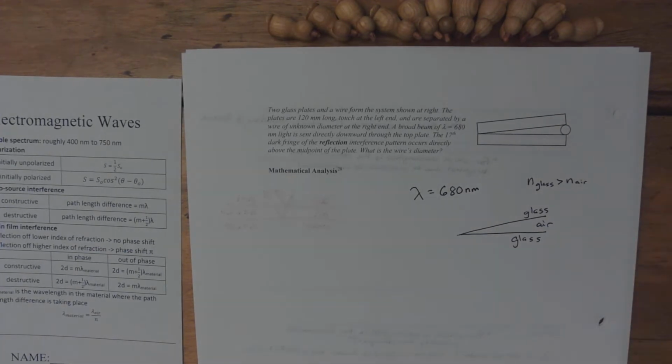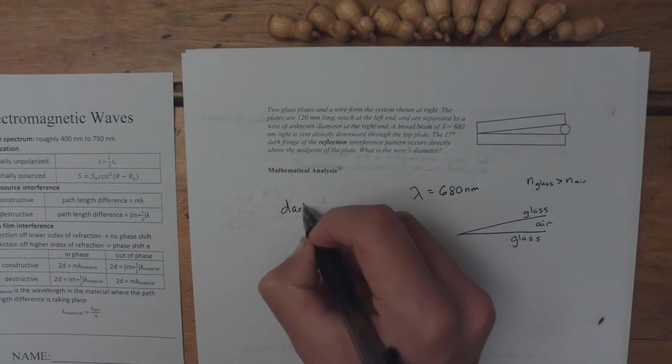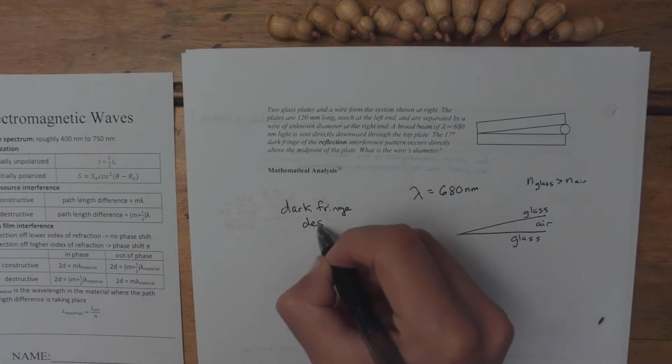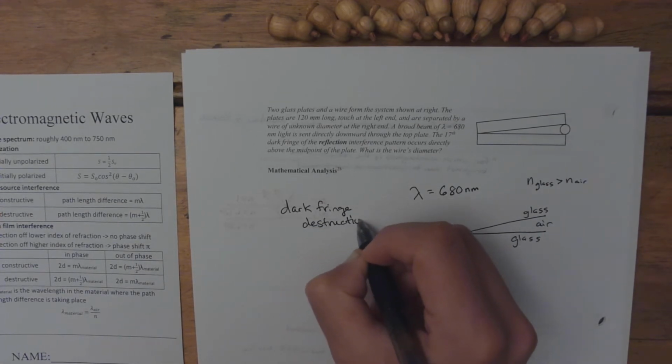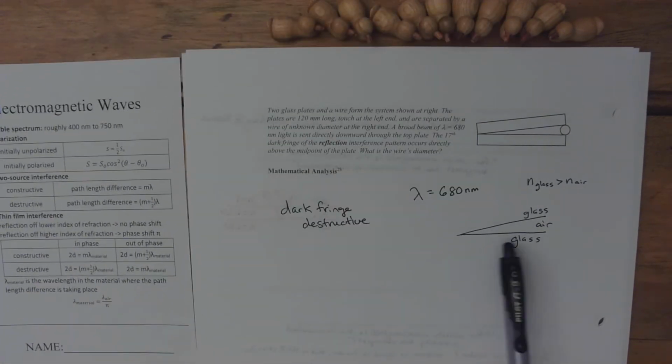The index of refraction for air is pretty much 1, and 1 is the smallest index of refraction that you can have. Dark fringe means destructive interference, but before I can figure out what formula that is, I need to know whether or not there